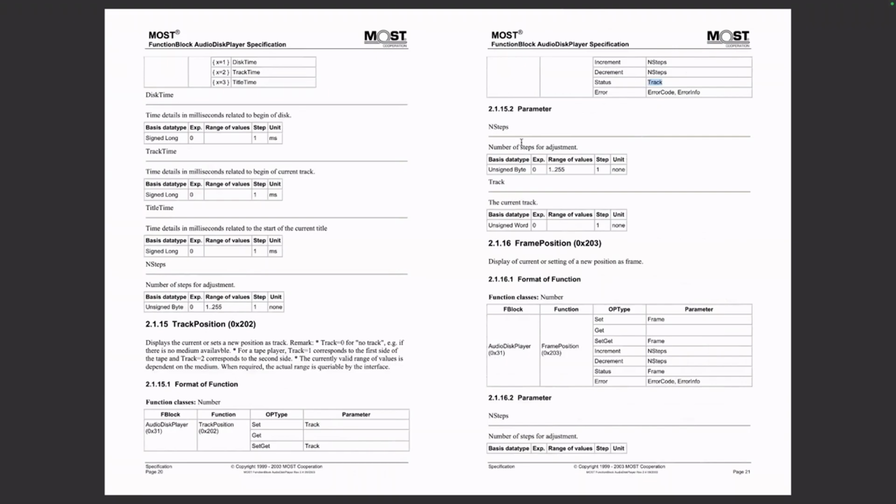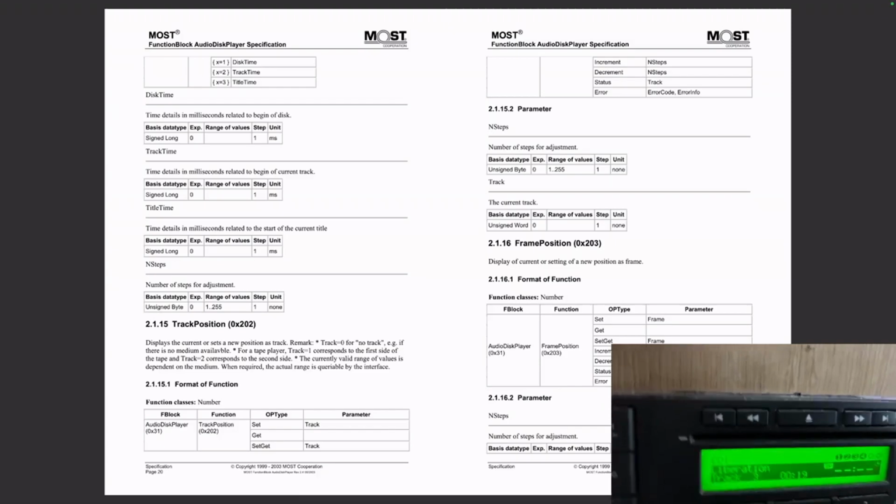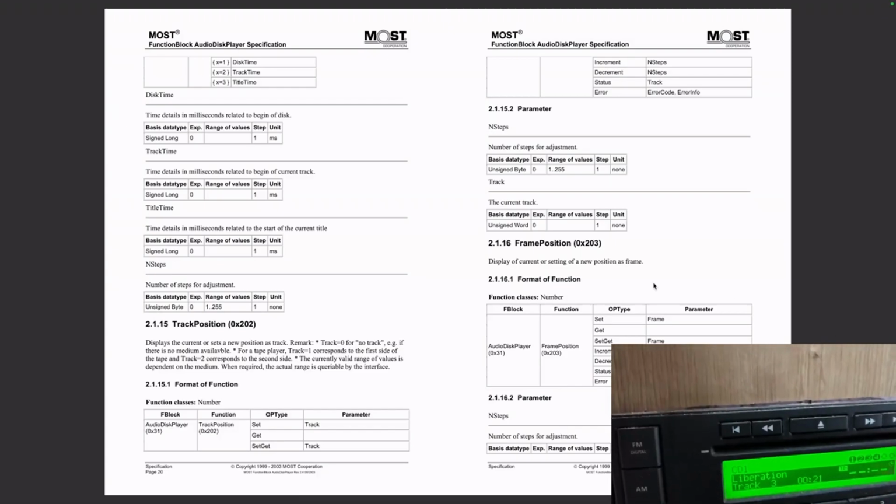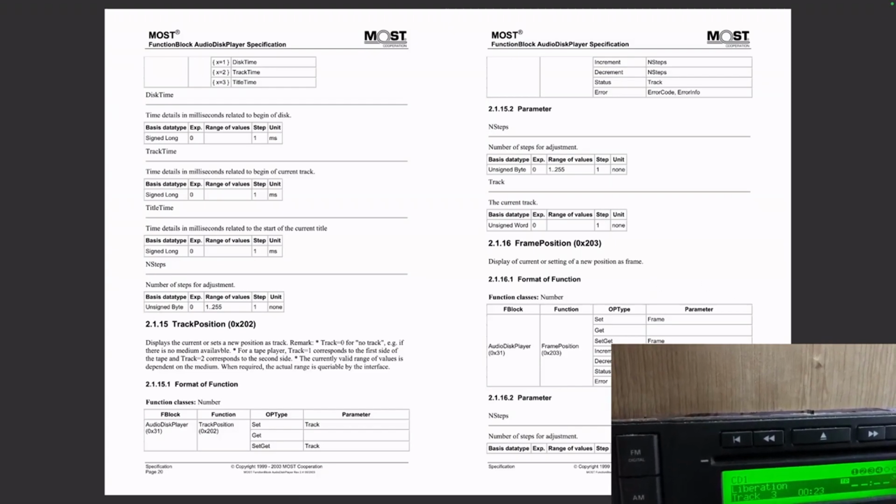So the next one we'll do is changing the track. So this is going to be a set. So we run a set and we include a parameter of track. Again, we can see track over here is an unsigned word. So if I just get up the camera, see here we're now on track 3. So if we go back to here,